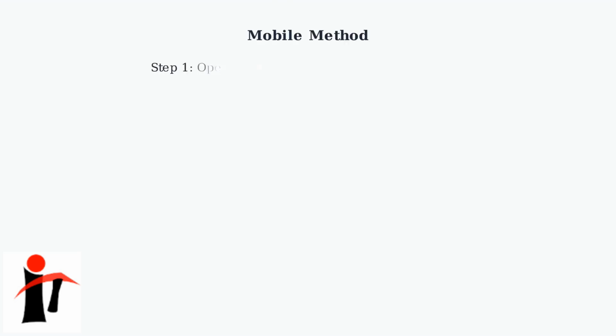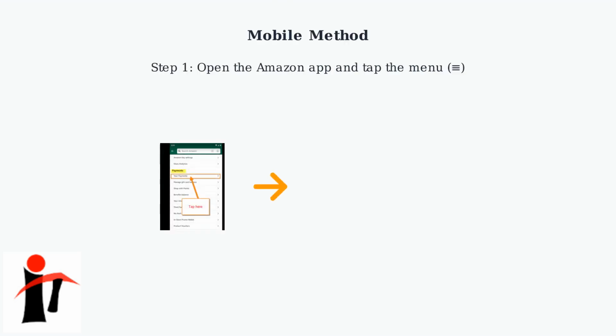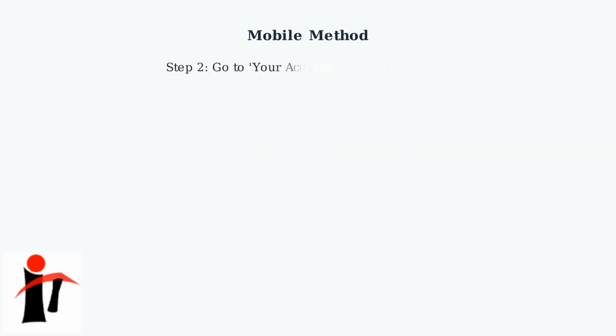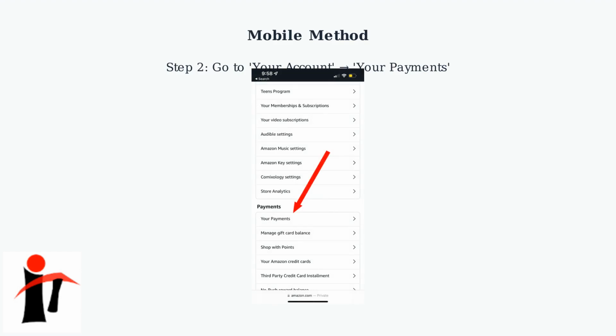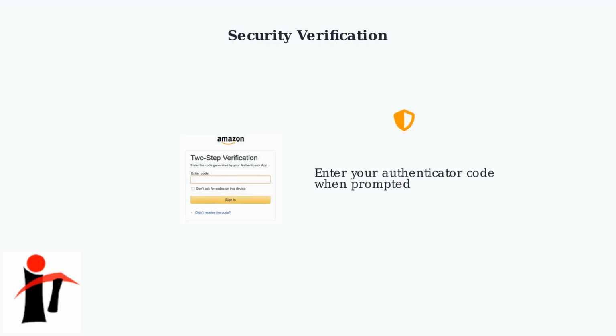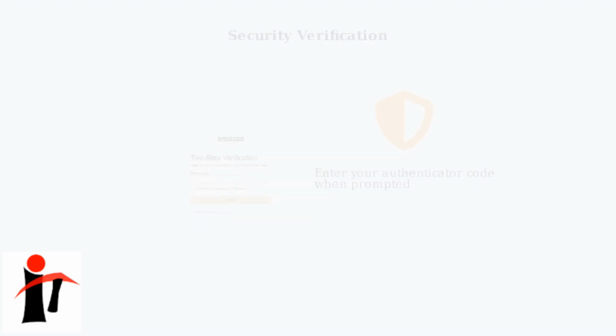Now let's cover the mobile method. The process is similar but uses the Amazon mobile app interface. Navigate to your account and then select your payments from the menu options. Once in the Payments section, find the credit card you want to remove and tap Delete or Remove. Then confirm your choice. For enhanced security, Amazon may require two-factor authentication when modifying payment methods, especially on accounts with